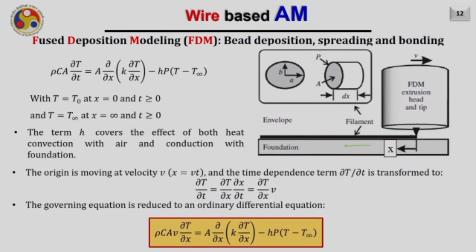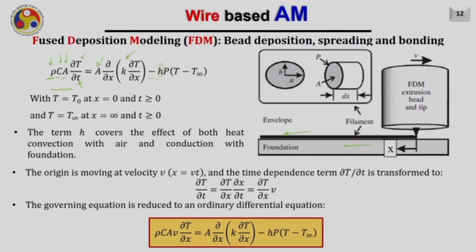So, now I can write down the one-dimensional heat transfer equation like this. Here this is rho C A, where rho is nothing but the density of the material deposited, C is the heat capacity, A is the cross sectional area, del T by del t, where T is the temperature and small t is time, will be equal to A, the cross sectional area, del by del x of (K del T by del x). So, this is the conduction in the direction of the deposition, that is in the x direction, minus h P (T minus T infinity), that is the convection heat transfer,